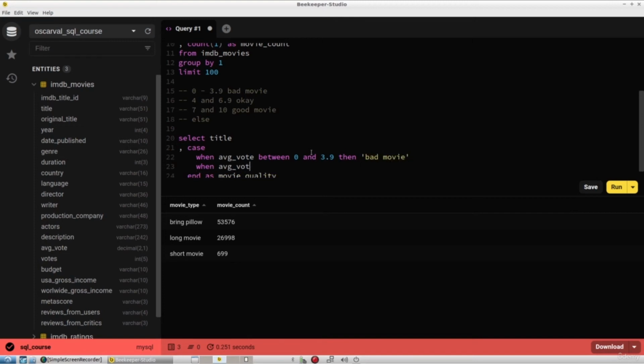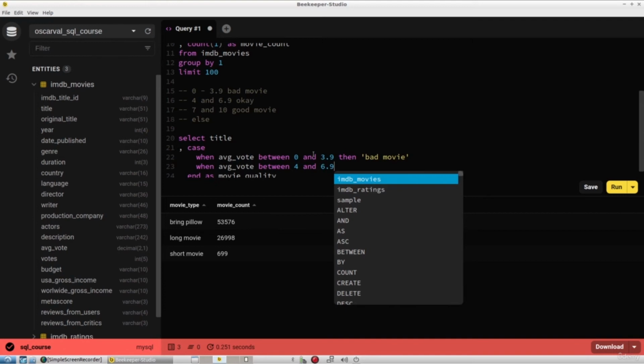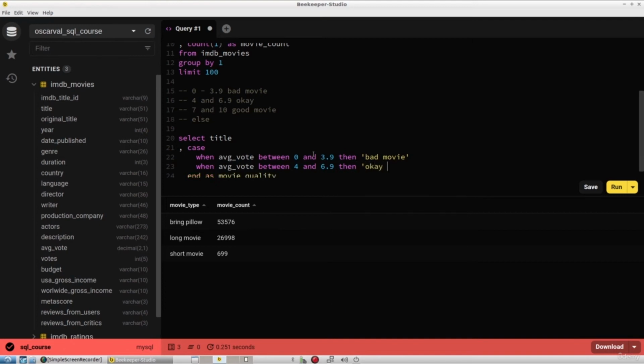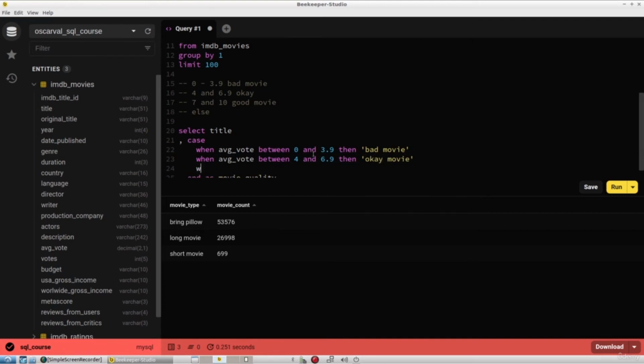When average vote between 4 and 6.9, then okay movie. And when average vote between 7 and 10,